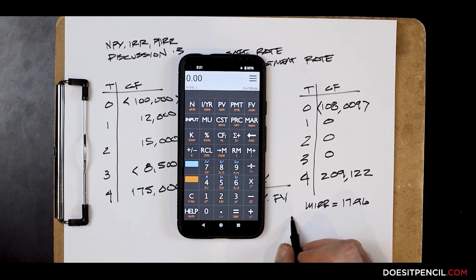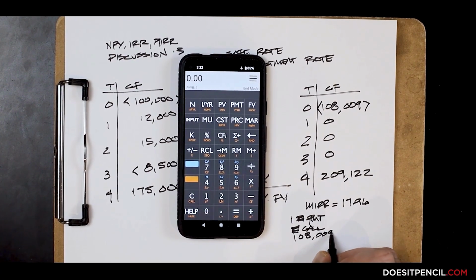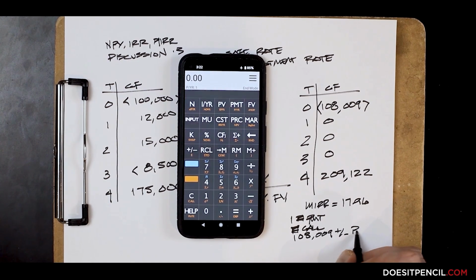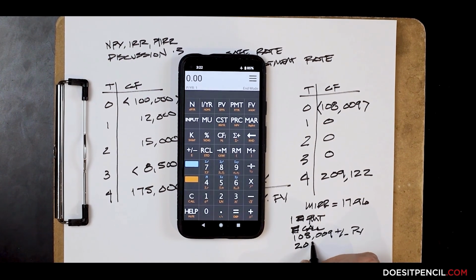Because you've zeroed out everything in the middle with MIRR, if you don't want to use the cash flow menu, you don't have to. You can use regular time value of money. And so it would work like this. One gold key payment, gold clear. You would put in negative 108,009 PV, 209,122 positive FV, 4 gold key N, and you would solve your